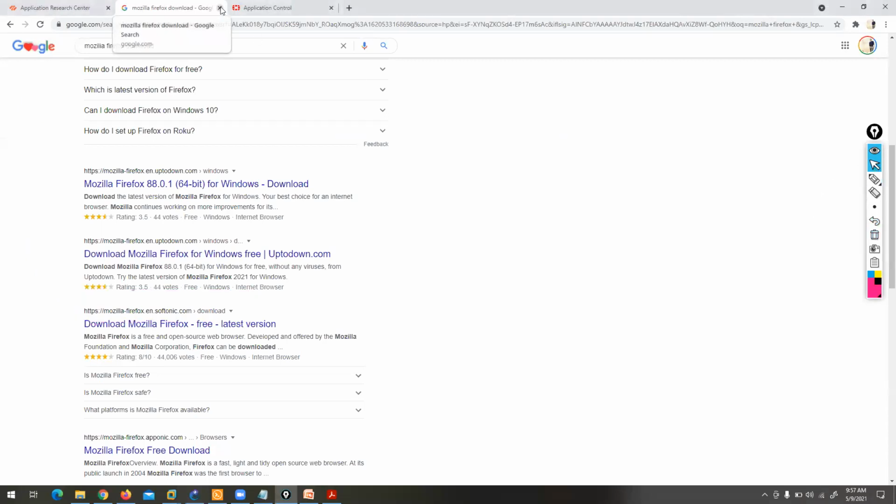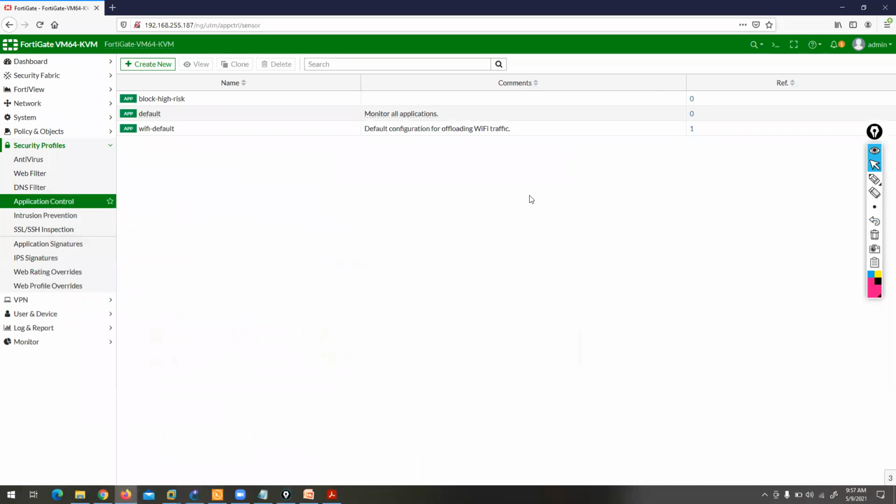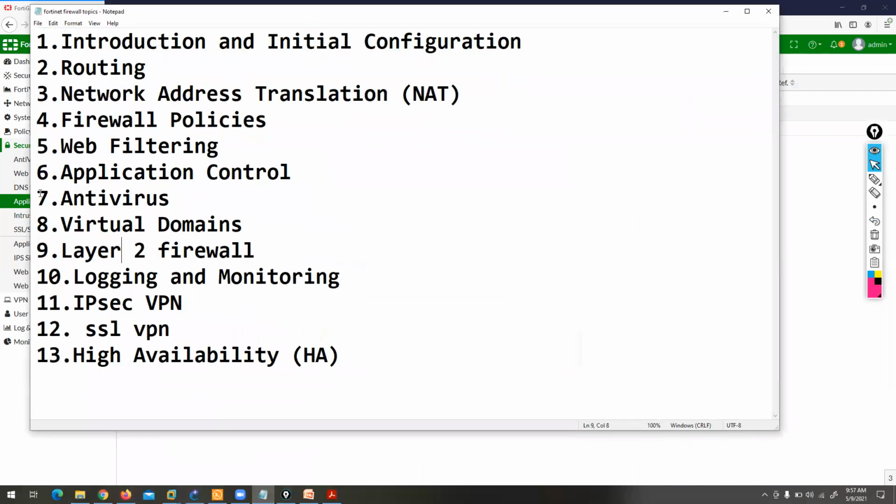So how will your firewall detect it? In the firewall, you can create an antivirus profile. Antivirus is just like your laptop antivirus software. If any virus is coming, your antivirus will check it against its signature database to verify whether it is malicious or not. If it is malicious, your antivirus application will block it. But that is just a small application. I'm talking about a big signature database.